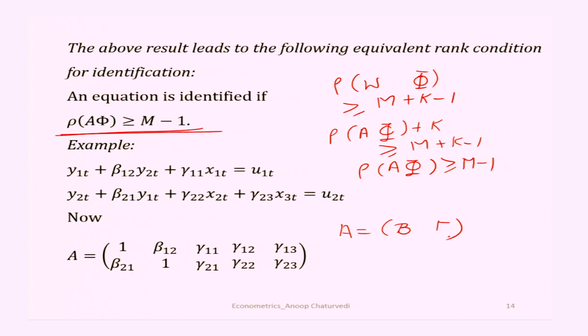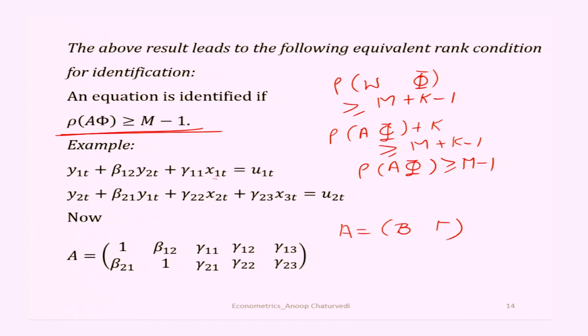So, we collect all the coefficients in A. So, you have 1 beta 1 2 gamma 1 1, then we write gamma 1 2 gamma 1 3 here, then you have beta 2 1 1 gamma 2 1 gamma 2 2 gamma 2 3,